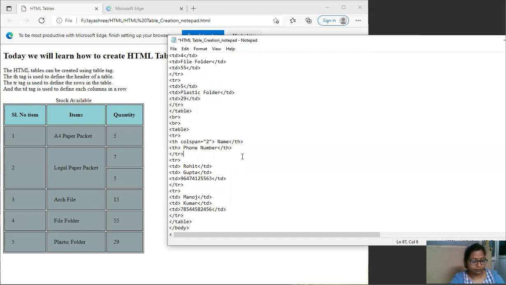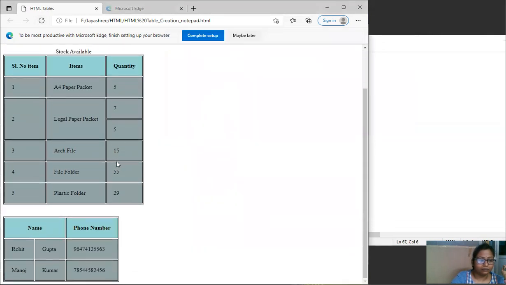Let's see what we get. So here we are trying to extend the cell into two columns. Okay, let's see what we get here. See, name Rohit Gupta, phone number, name Manoj Kumar, phone number.